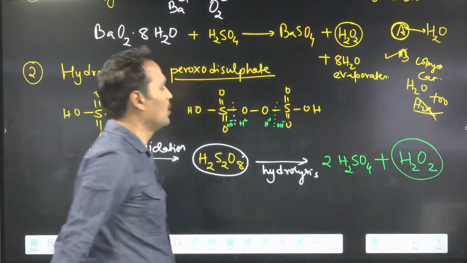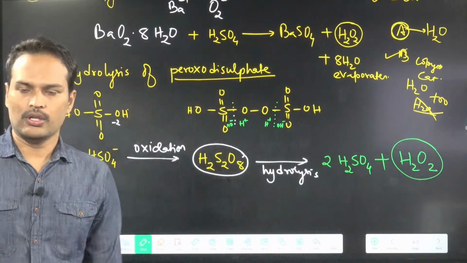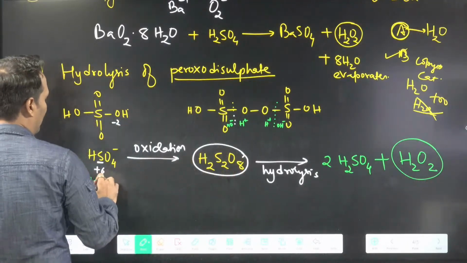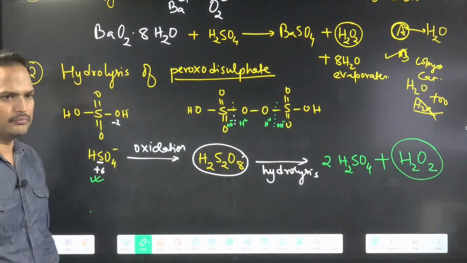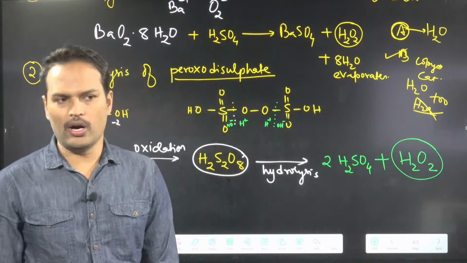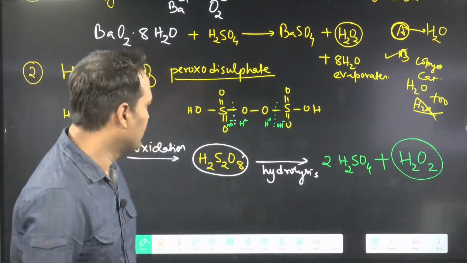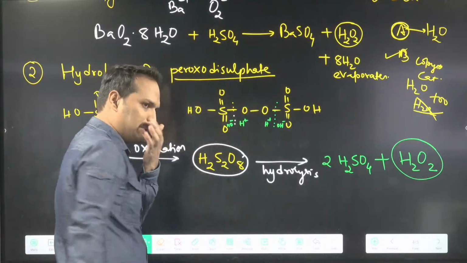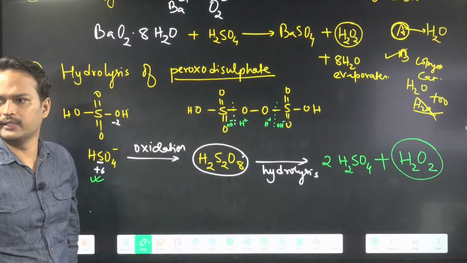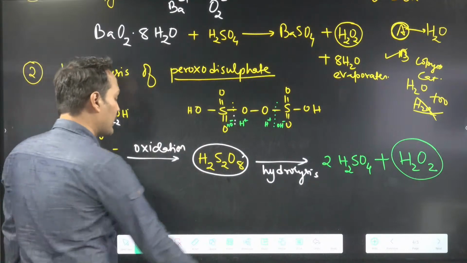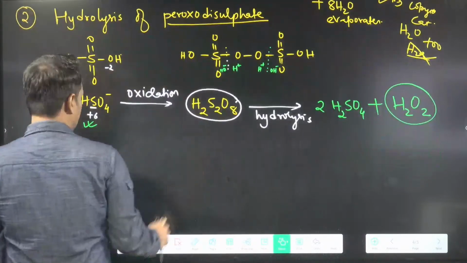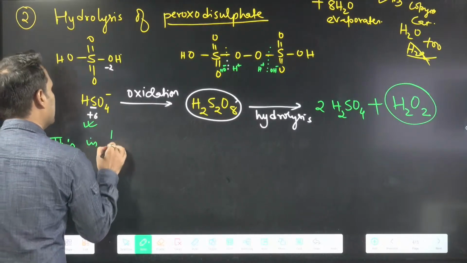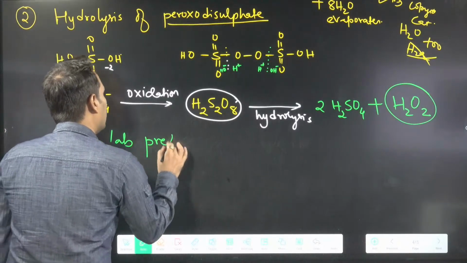H2O2. Is this clear to everyone? So we are getting peroxodisulfate by oxidation of sulfuric acid, you can say, or sulfate. Okay? So connect to sulfuric acid, put water, H plus, OH minus. Clear with this point? Okay. Now they are writing in NEET that this method is the lab preparation